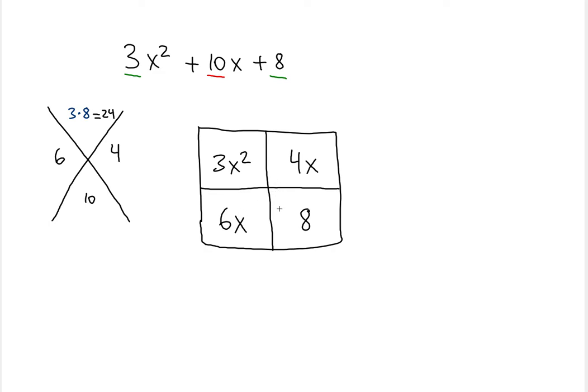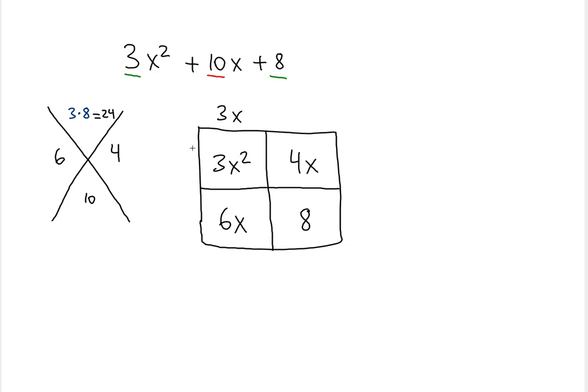Once you have that information, you want to write on top of each column a term, and on top and to the left of each row a term, such that the product of each term of the row and the column will give you the respective term. So what I mean is, if you put 3x here,